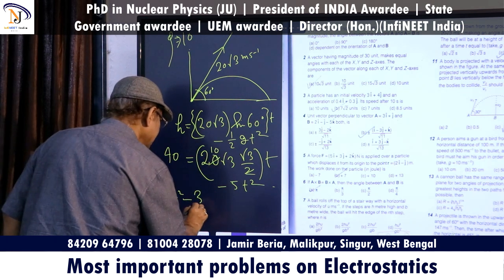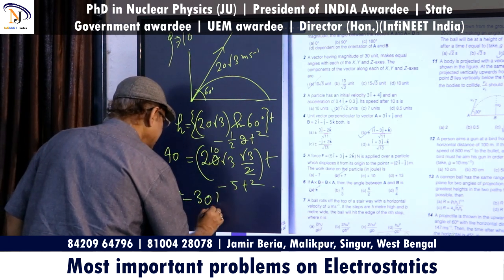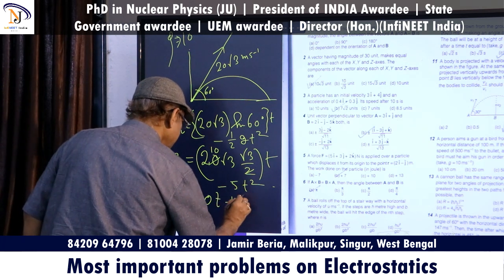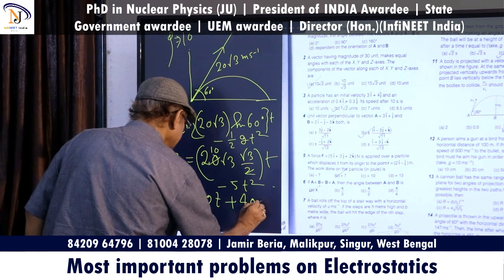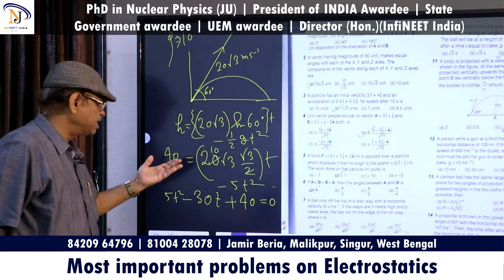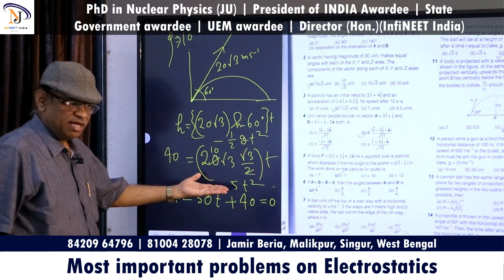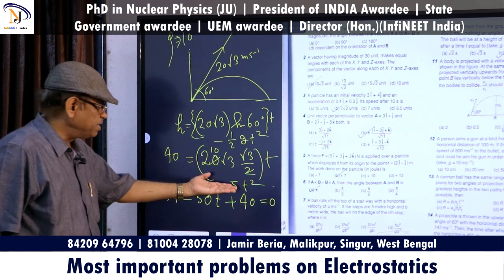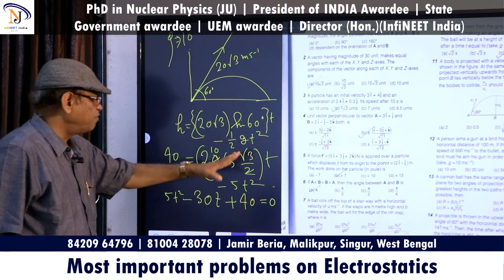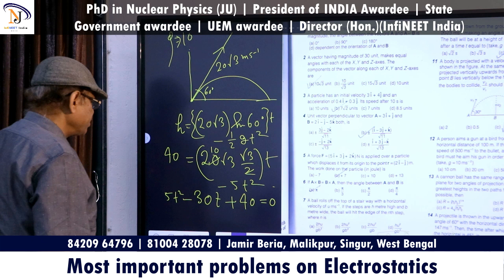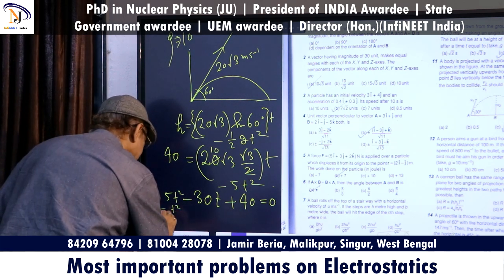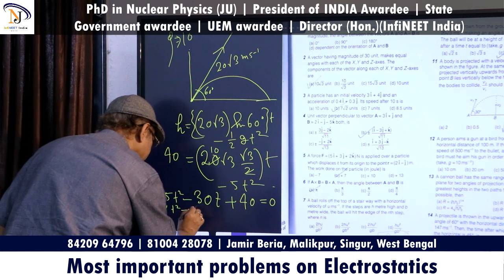30 T plus 40 equals to 0, isn't it? I did it correctly, right? 5 T square, that is 10 half 5 T square. Okay, then you can cancel 5 again. You may write T square minus